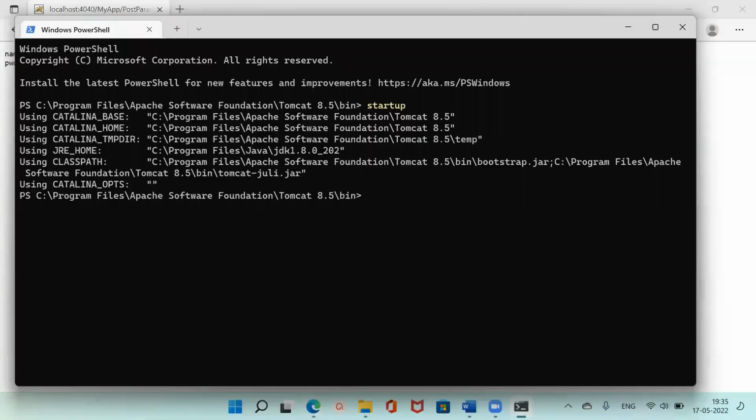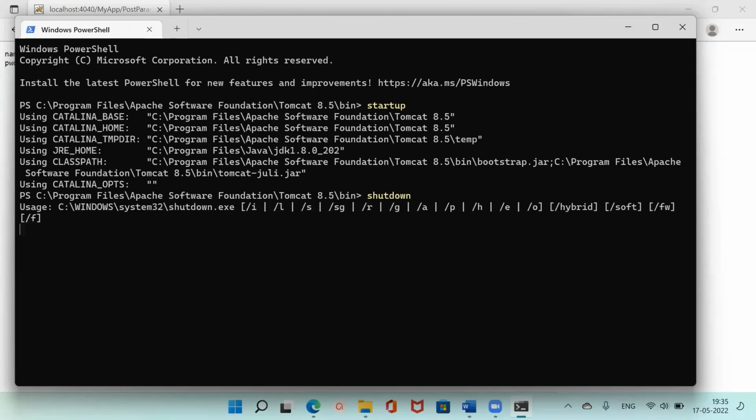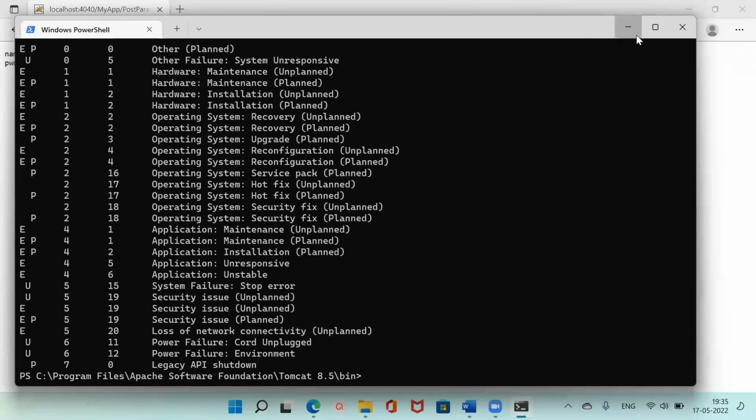Once you are done with your servlet, if you want to stop it, go back to this Windows PowerShell and then hit shutdown. Once you hit shutdown, Tomcat will shut down for you, and it will